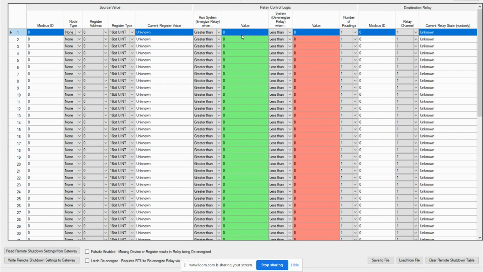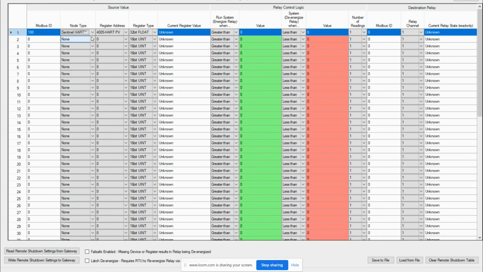So we'll start with the energized relay condition. So I want to say when the Sentinel Heart, so we'll start at the beginning, at the source value, which is the Sentinel Heart, that's Modbus ID 100, node type Sentinel Heart. Now it fills in the register address and the register type. So we want to do primary variable, and it knows what the register type of that is, 32-bit float. And we want to say when the current register value is greater than, in this case, 45.301, as we said,